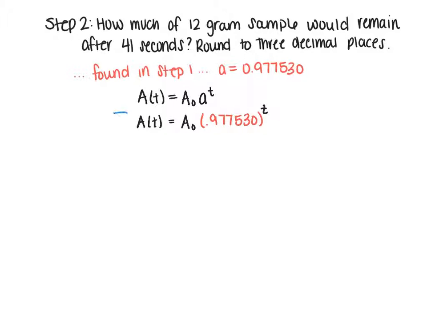So if you remember the A of T, that's your ending amount, and the A sub 0, that's the starting amount. So how much of a 12-gram sample would remain after 41 seconds? So 12 gram is my starting amount. That is my initial amount of gold. So I'm going to plug in 12 grams, still have that same A. And then my time, T, it says how much of 12 grams would remain after 41 seconds. So that's going to be